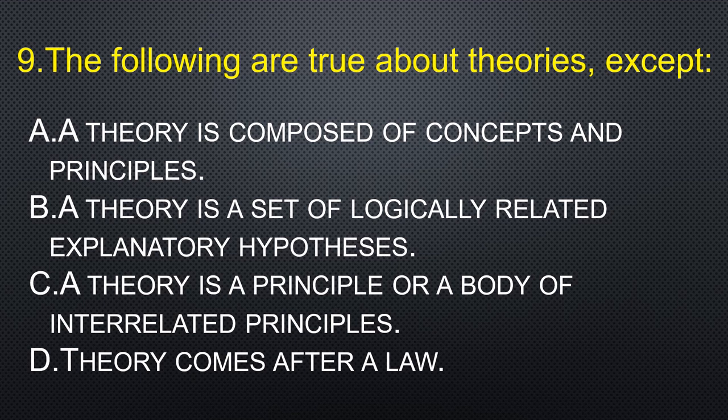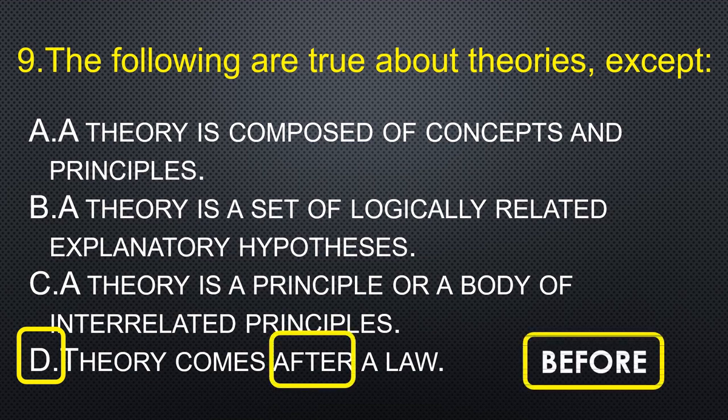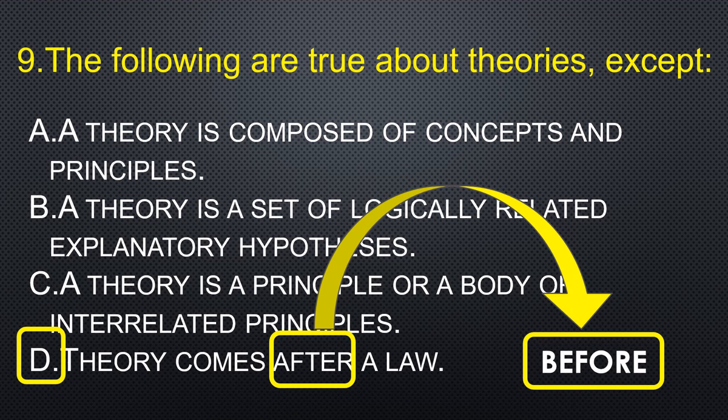That's the idea. So, ganun din sa social law or sa criminology, kapag mag-create ka ng jury, medyo interrelated naman. So, nagkaroon ka ng jury na lahat ng mga maiitim na tao ay malakas ang tendency na mag-commit ng crime. So, parang yung probability naman, hindi siya naman masyadong interrelated. Okay? So, what is wrong about jury is that jury comes after law. It should be the other way around. Dapat, it should be before. Okay? Instead of after. So, bago ka magkaroon ng law, dapat jury muna. So, yung letter D ang mali.